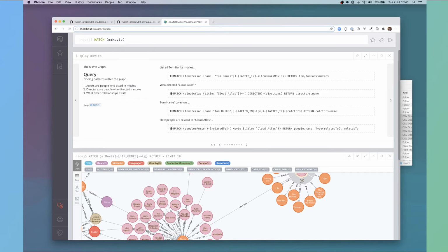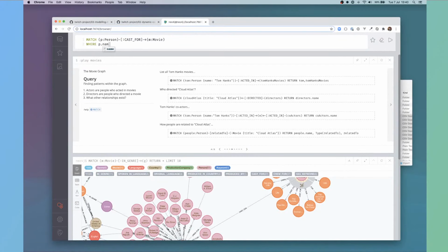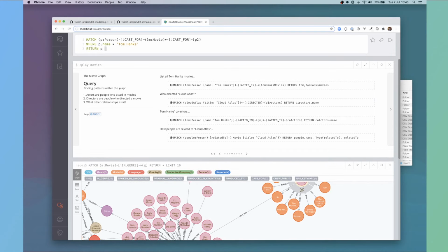Sorry, we want to find the person who's in the cast for a movie where p.name equals Tom Hanks. And then we want to find other cast members. And then we return the person, the movie, and then the second person.